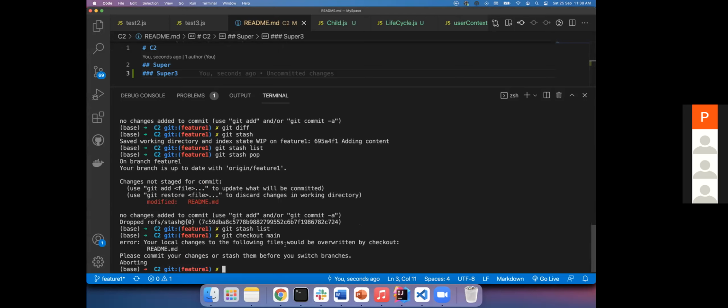And also you may see something about your local changes. When you're trying to change the branch it shows, please commit your changes or stash them before you switch between the branches. Imagine you are writing something, right? And in between someone says something is there in master, can you verify? Yeah, you can stash it, come back and restore the stash.